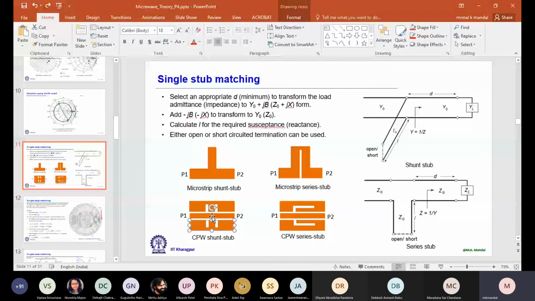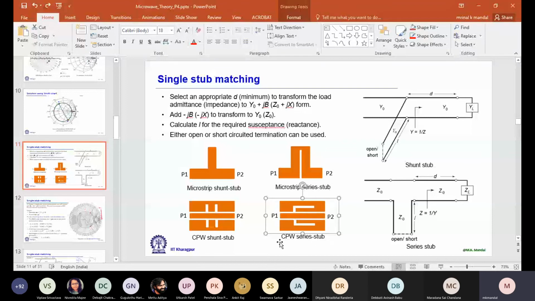If I compare this situation with microstrip line, it looks like two open stubs connected, one on the top side, another on the bottom side, something similar to this. In CPW, if we don't maintain this symmetry, then from this discontinuity it starts radiating. For microstrip line also we have radiation, but here that problem is more compared to microstrip line. So for CPW line, we try to maintain that symmetry. And we see that this section of CPW is coming in shunt with the hosting line.